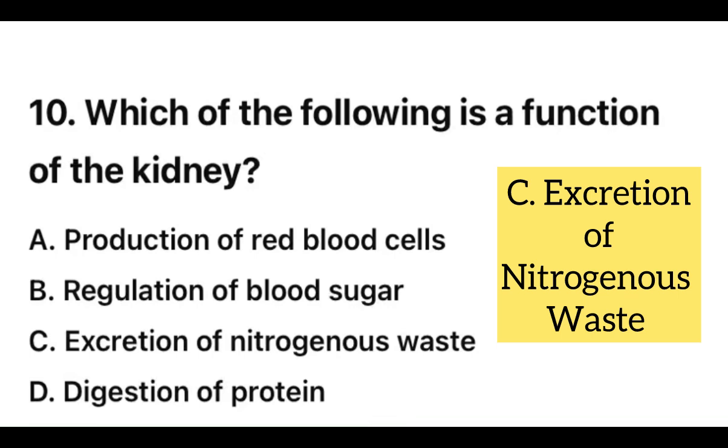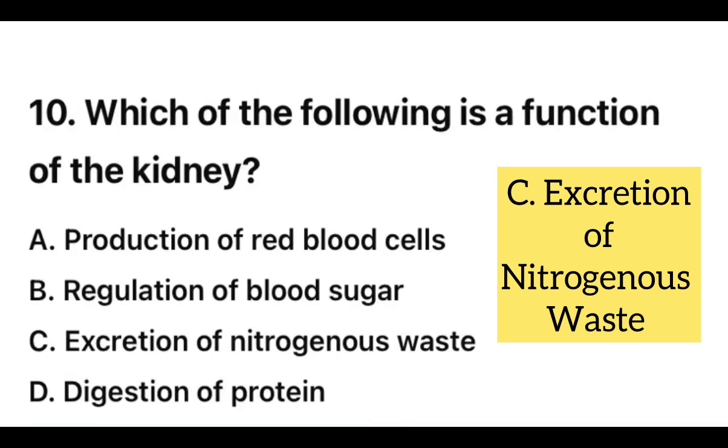Excretion of nitrogenous waste. The kidney filters urea, uric acid, ammonia and excess salt from the blood and excretes them as urine. These are nitrogenous wastes formed from the breakdown of proteins. Additional kidney functions include, one, maintaining water and electrolyte balance. Two, regulating blood pressure. Three, secreting hormones